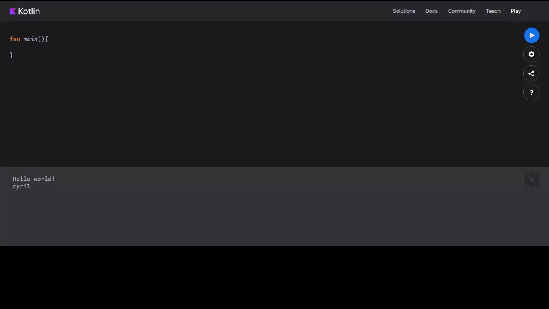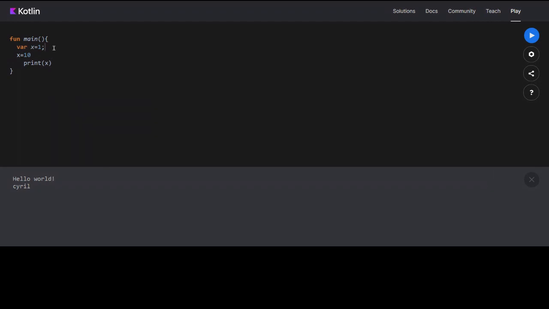I hope no one has doubt in this part. Moving on, the next thing is variables in Kotlin. To define a variable, the first thing that we have to define is whether it is a var type or a val type. There are two types of variables. A var is used to define a variable that can be changed in the future. It is called a mutable variable. So if you say var x is equal to 1, and then later you say x is equal to 10, and you print x.